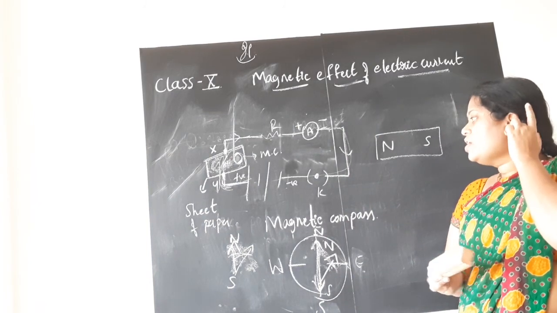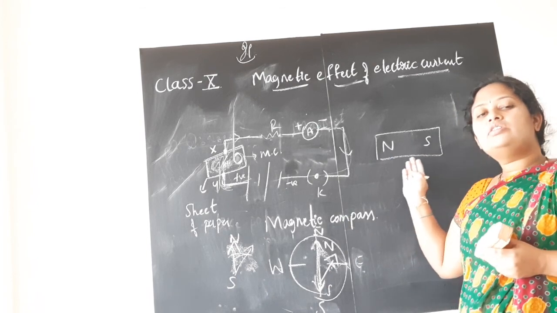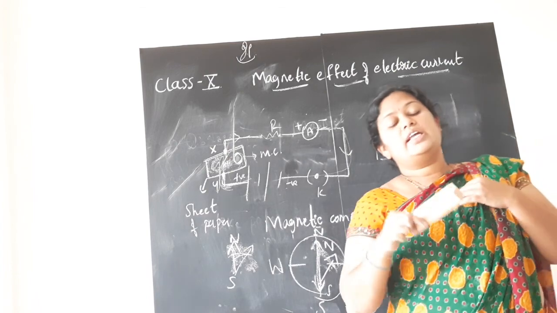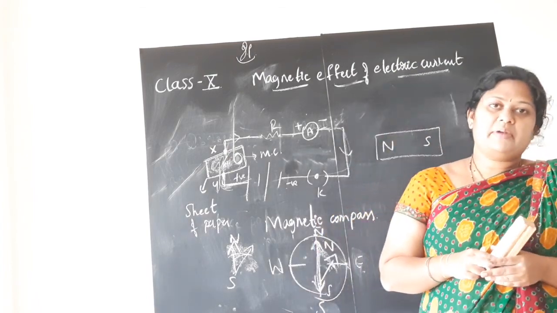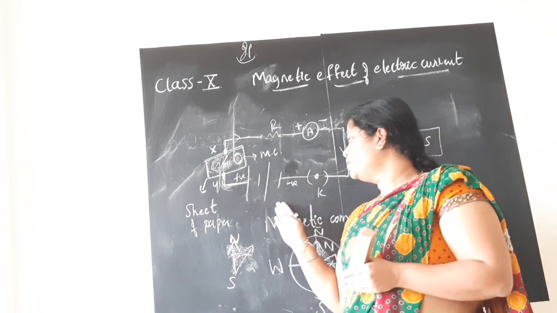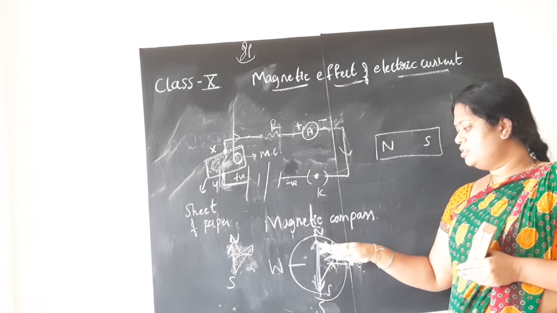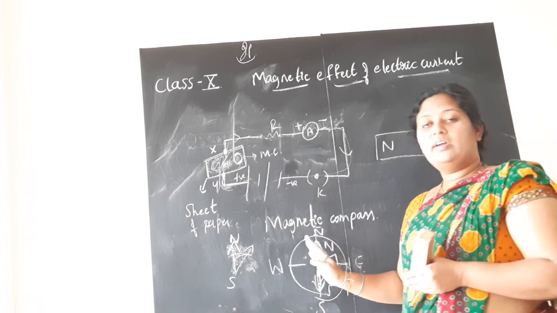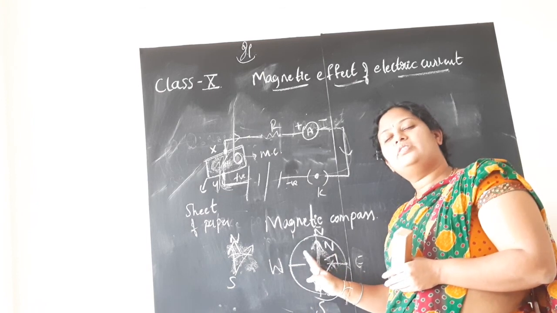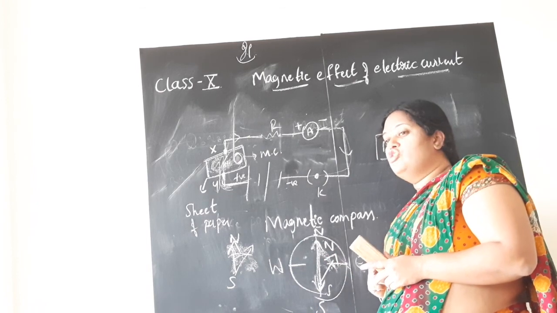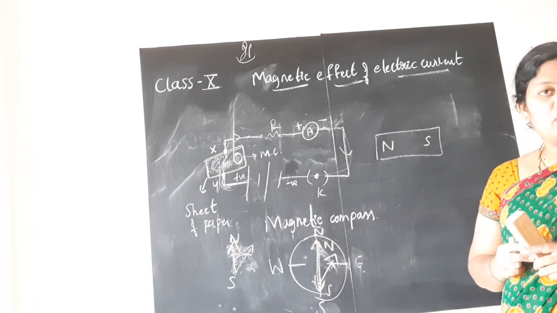So now what we studied is what a magnet is, what its two poles are, and its properties, that is, like poles repel, unlike poles attract, and we also saw the bar magnets. Next we studied this magnetic compass. What is it? It is a device which always shows the magnetic north. It consists of east, west and north, south directions, but it always shows the magnetic north to us.